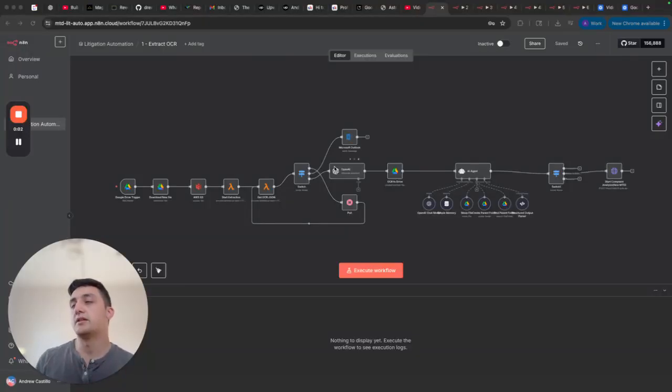Okay, so this is a legal pleading AI response agent. Basically, what's happening here is when somebody adds a case file to a Google Drive, it's going to include details from that case. It could be other pleadings, and